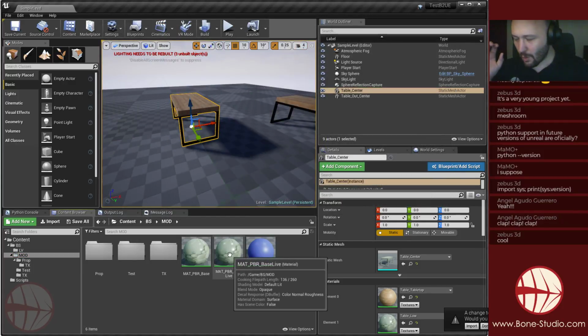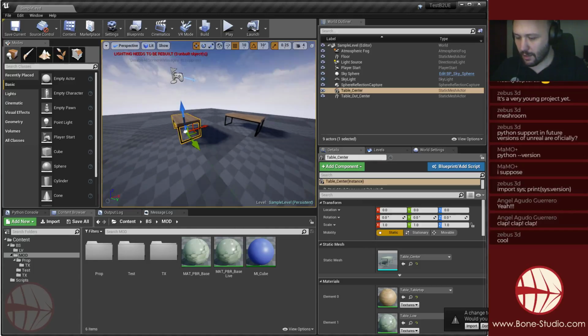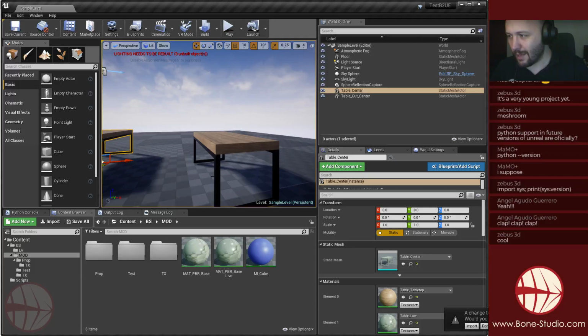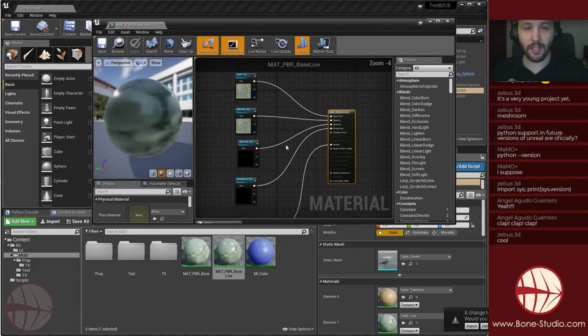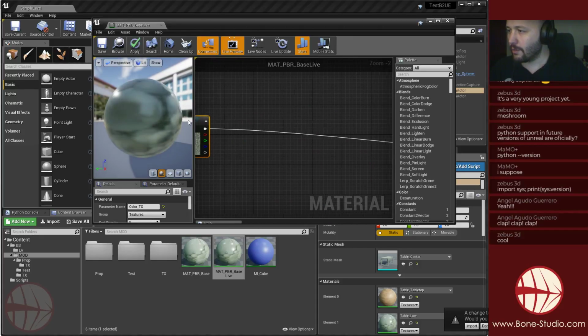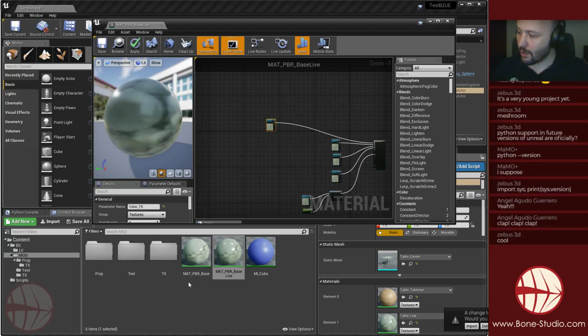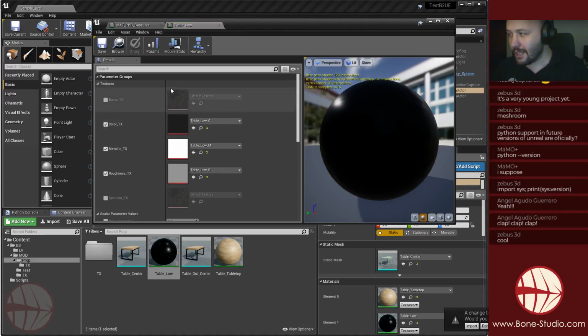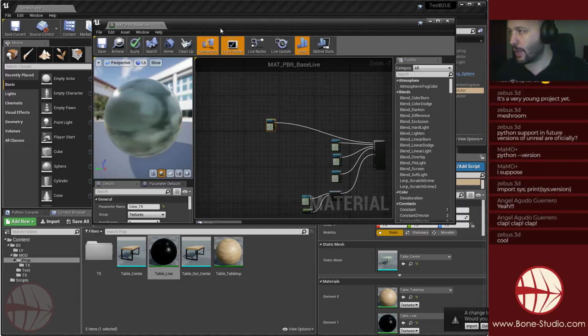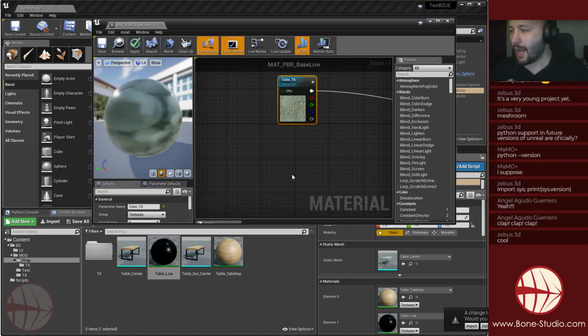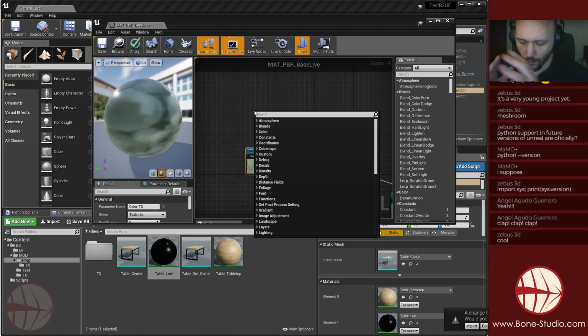In this case, I'm going to show you how we can add a multiplier to modify, for example, the metalness of the object, and to modify the color. So everything that is going to be shown in the material instance needs to be a parameter. That is why I said that you had to create a parameter, not just a texture, but a texture parameter. And in this case, we also want some parameters. So what I am going to do is multiply the color texture by something. I want to multiply it at the same level. So in this case, I want to multiply the color texture by a color. So color parameter